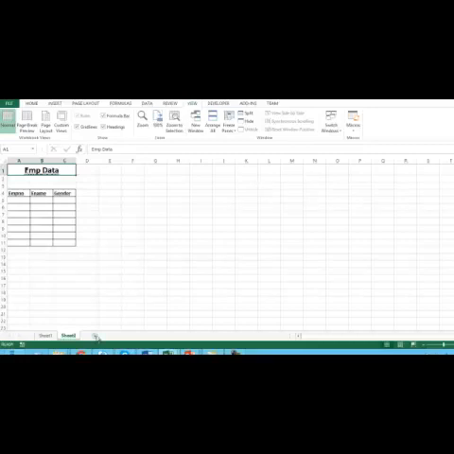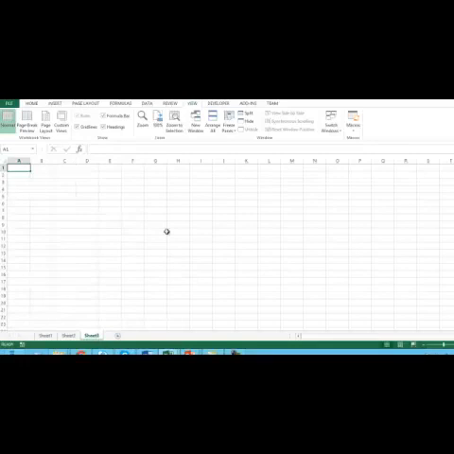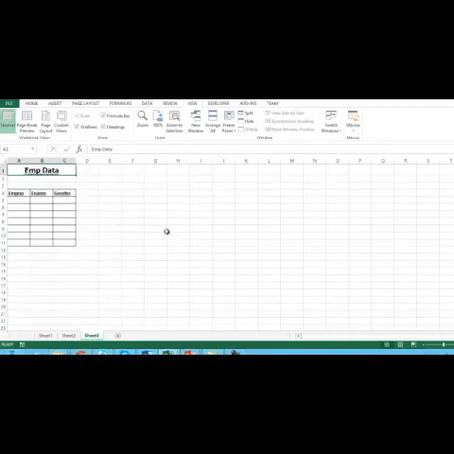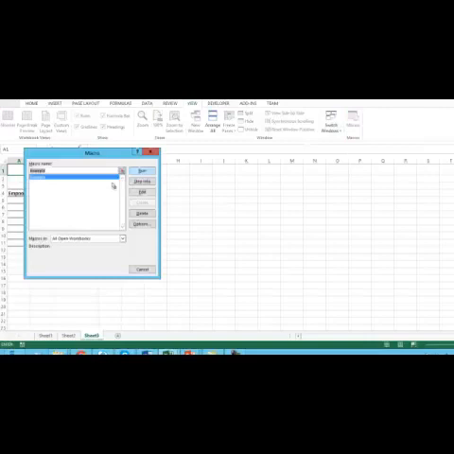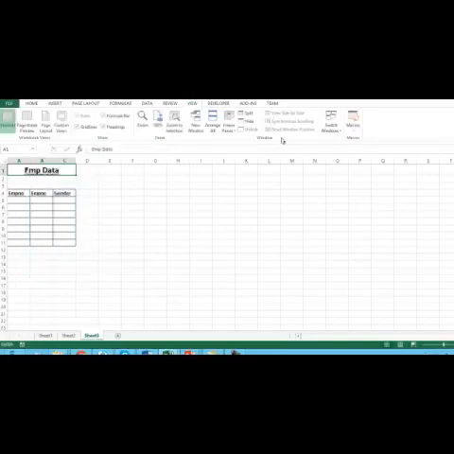Now if you go to any other sheet and use that macro, with the shortcut we have given, Control Shift A, that particular code is getting repeated. Or you can also go back to Macros, View Macros, and click on Run. In this manner you can record a macro.